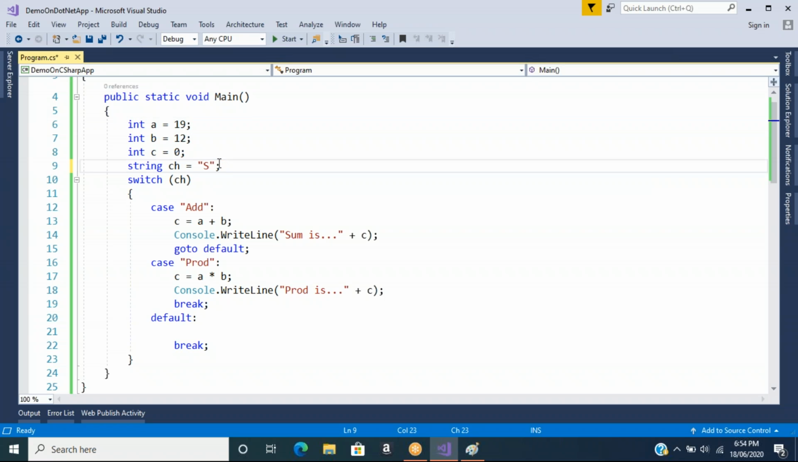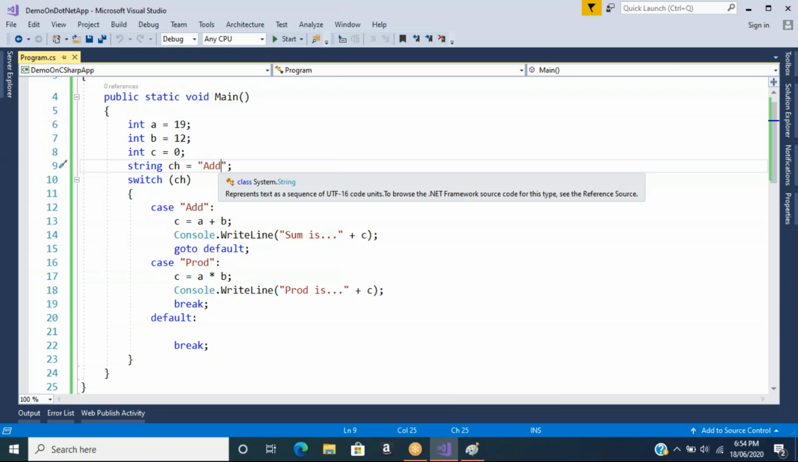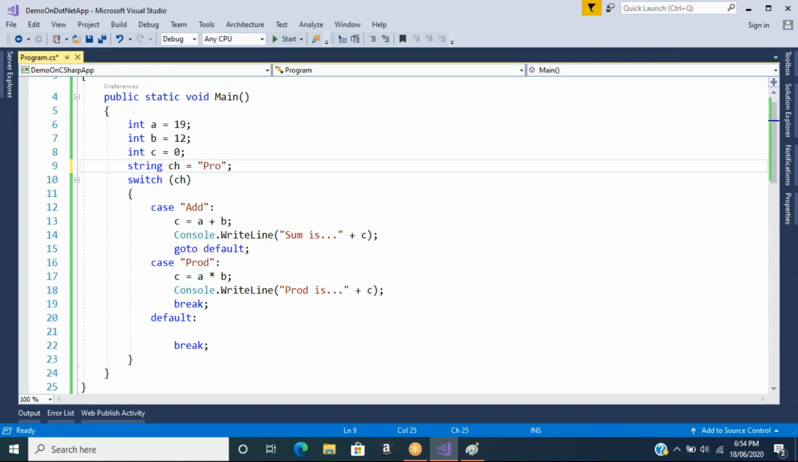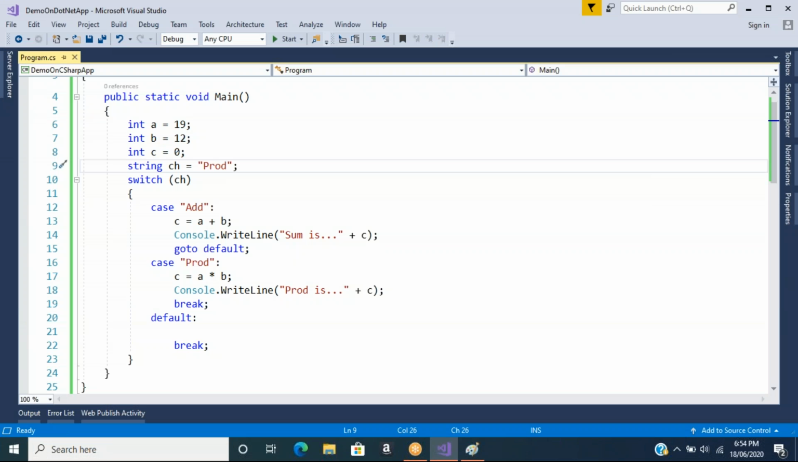Change this, right? Add, sum means... write product, multiplication. Do you understand? That is how it is going to work for us. But when you're writing goto default, see that in default you don't write any statement. If you're writing break, then no issues, it's left to you. Anyway, you can write